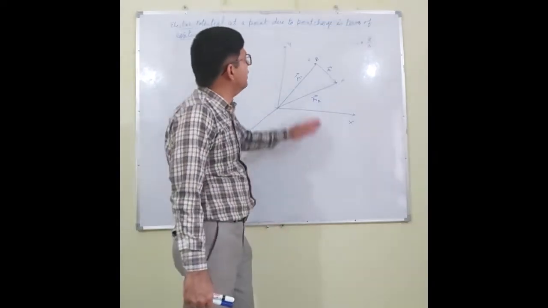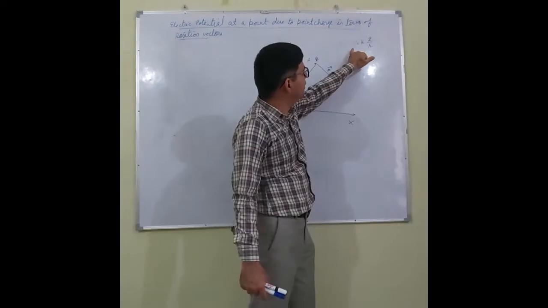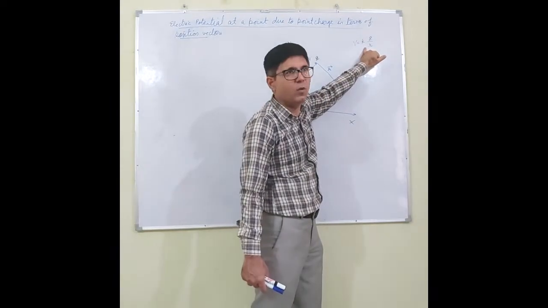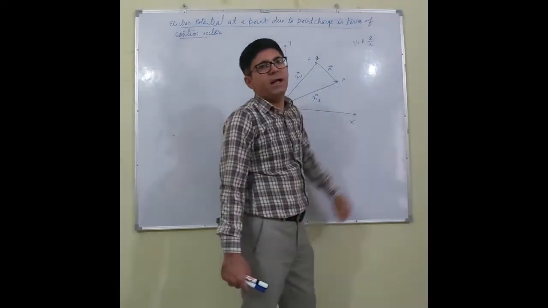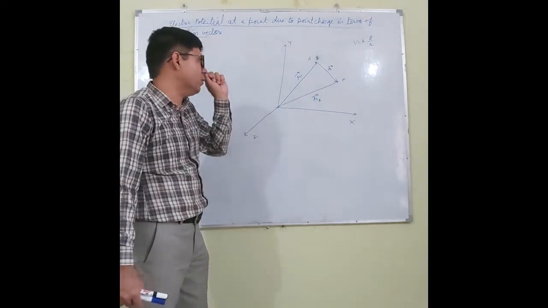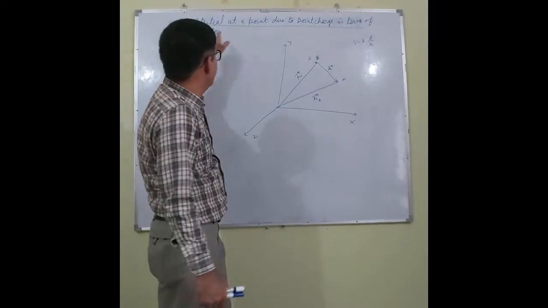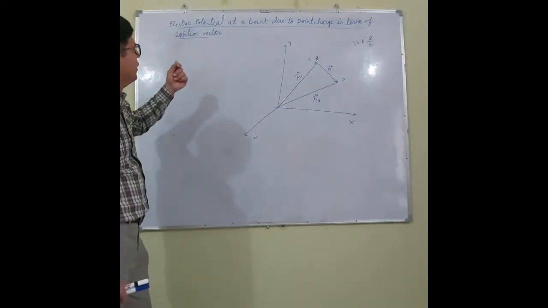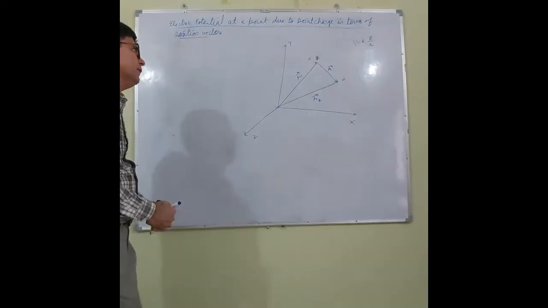Last time we were discussing the concept of electric potential, and we have done electric potential due to a point charge, given as V equals K Q by R, where K is Coulomb's constant, Q is the charge and R is the distance between the charge and the point where electric potential has to be calculated. Now we have to derive the same expression but in terms of the position vector. So let's derive the expression of electric potential at a point due to a point charge in terms of position vectors.